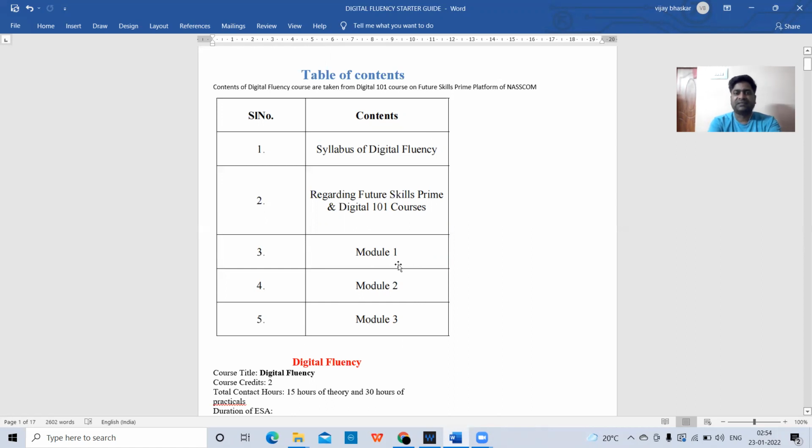Whenever we want to go through module 1, module 2, module 3, what we need to do is register in the Future Skills Prime platform of NASSCOM. So we need to register in this website. What is the website name here? Future Skills Prime platform. In that website, each and every student and faculty member has to register in order to go through module 1, module 2, and module 3. So that is one of the important things we need to remember, that we have to register in this website,